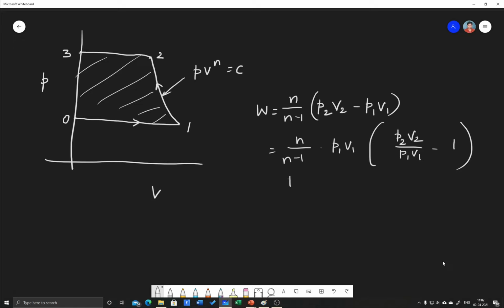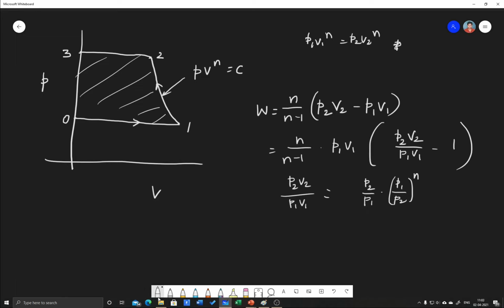Here if you rewrite P2 V2 by P1 V1, it will become P2 by P1 multiplied by V2 by V1. Because P1 V1 power n is equal to P2 V2 power n,